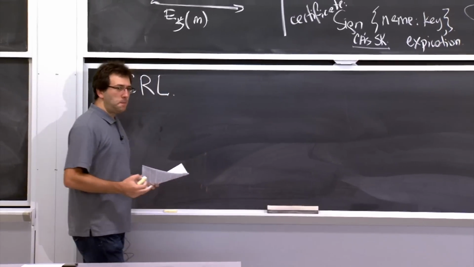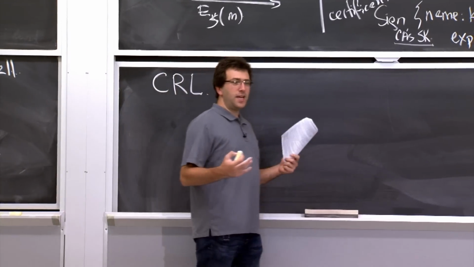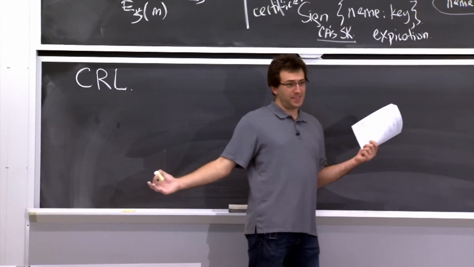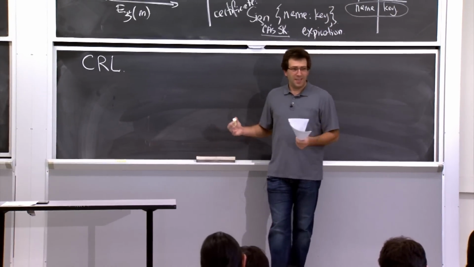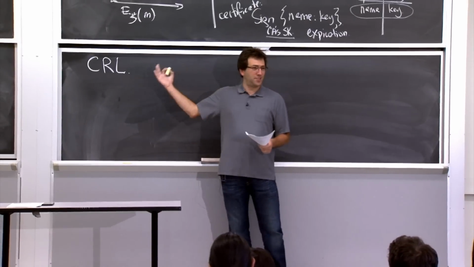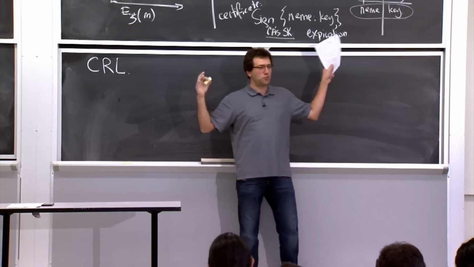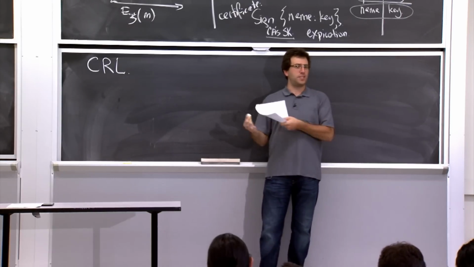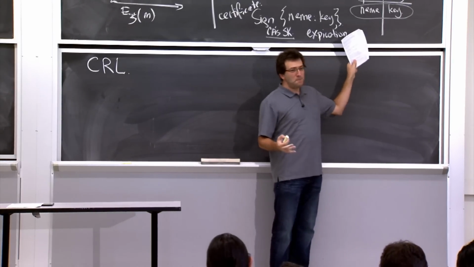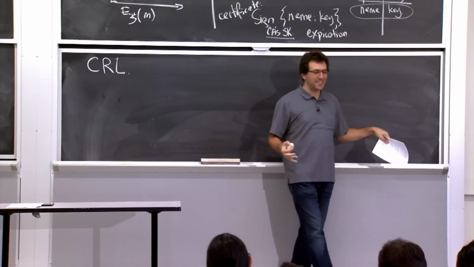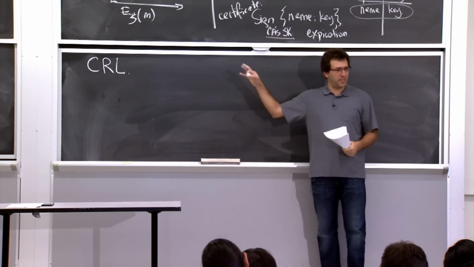So that's one plan. It's not great because if you really use this, it would be a giant list, and it would be quite a lot of overhead for everyone in the world to download this. The other problem is that no one actually bothers doing this, so the lists are in practice empty. If you ask all the CAs, most of them will give you back an empty CRL because no one's ever bothered to add anything to this list, because why would you? It'll only break things because it'll reduce the number of connections that succeed. So it's not clear whether there's a great motivation for CAs to maintain this CRL.